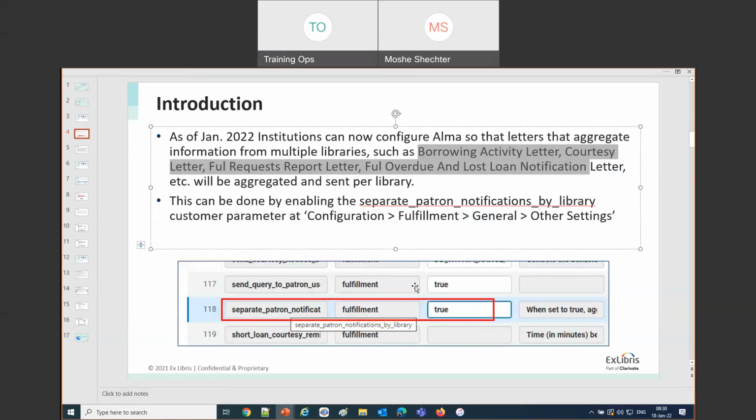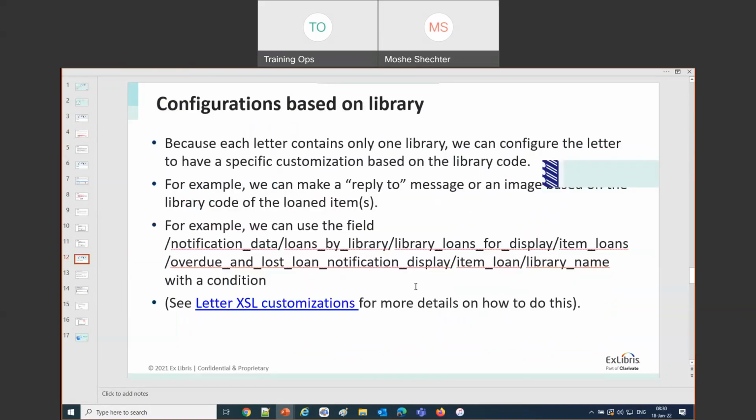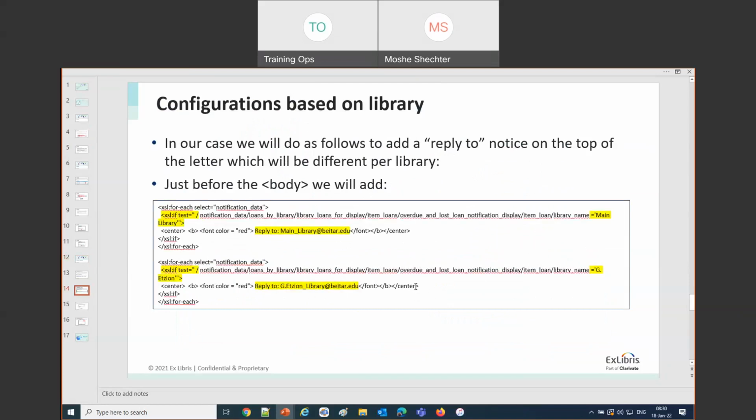And then other than that, it's the same types of definitions. However, in slide 14, this is the code that I put inside the letter, just to point out that because we have 1 library per letter, now we can make XSL conditions on the level of 1 library.